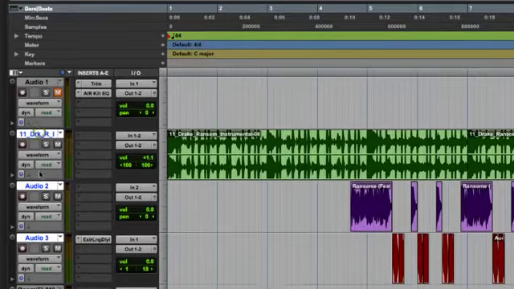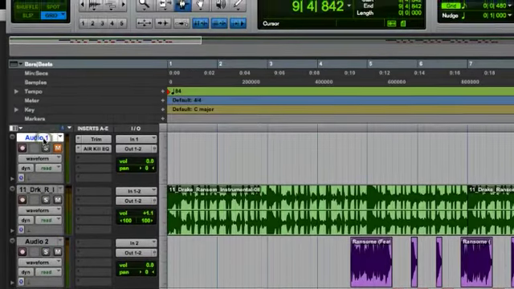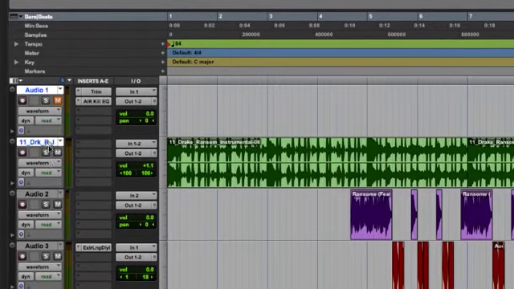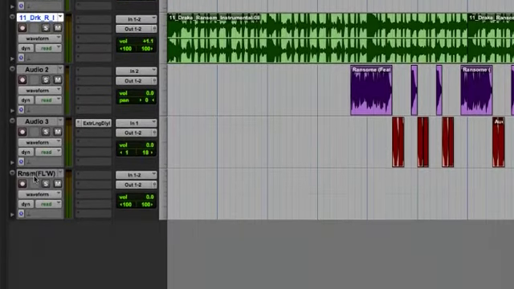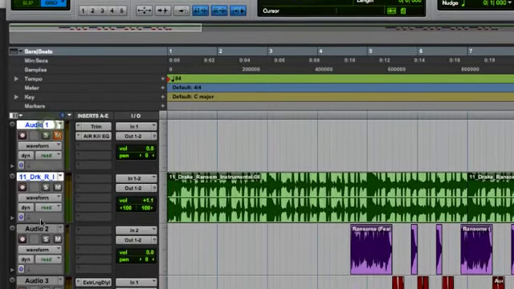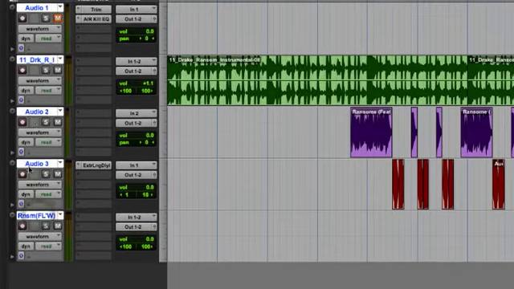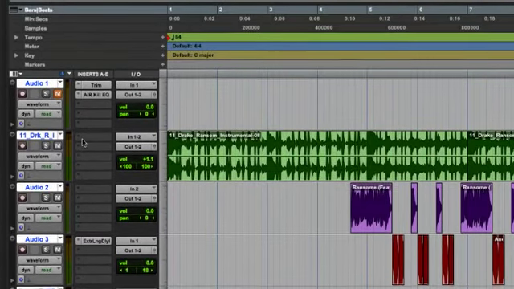Now you see if you click on them again, they're going to stay highlighted. To unhighlight these, you need to click on another track or hold down Shift and click on another track. If you hold down Shift, you can also highlight, say you just want from the first one all the way down. You just hold down Shift, click the bottom one, it'll highlight them all for you. Now, say you want